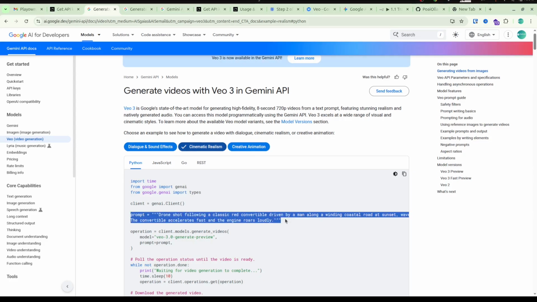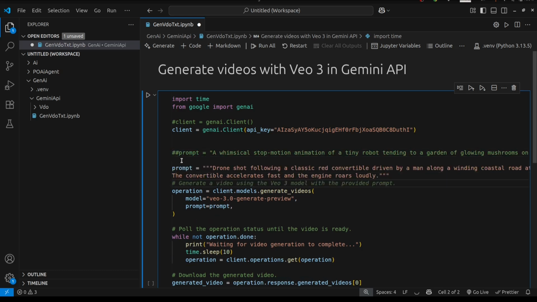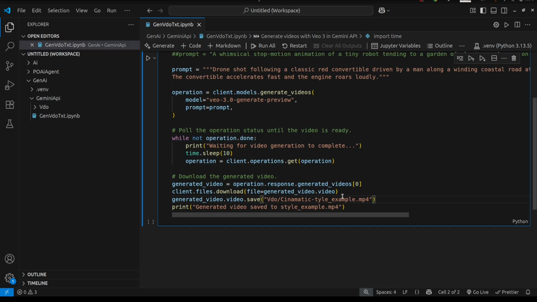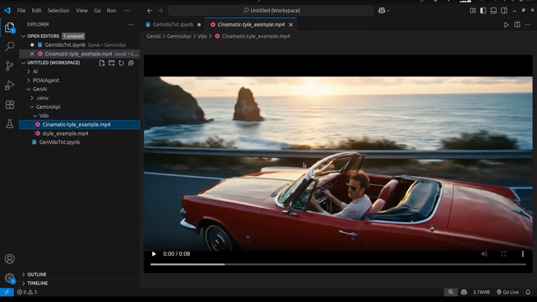Creative animation. Drone shot following a classic red convertible driven by a man along a winding coastal road at sunset. Disable the previous code and add the prompt: Drone shot following a classic red convertible driven by a man along a winding coastal road at sunset. Waves crashing against